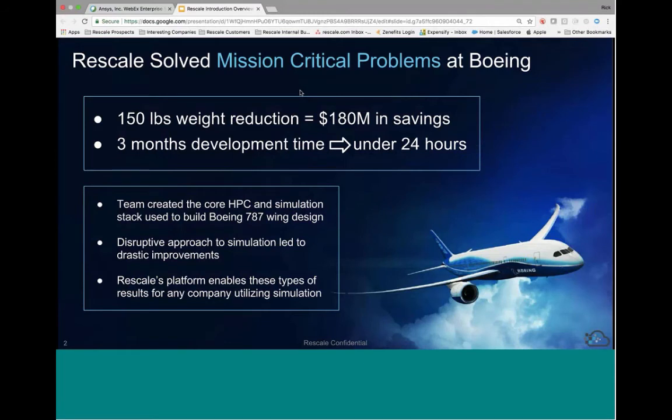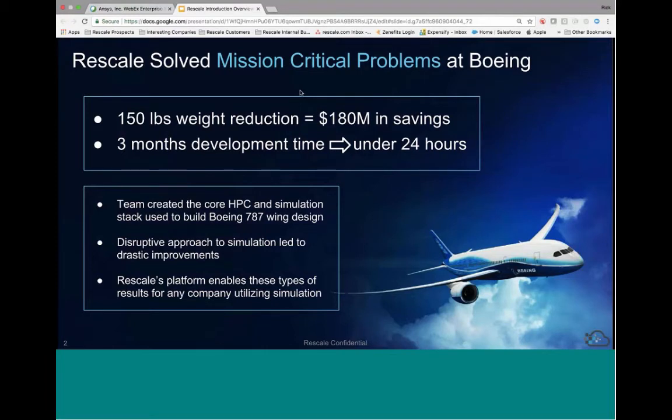Well, Rescale got started by solving some really big compute challenges. Our two founders, our CEO, Yoris Port, and our CTO, Adam McKenzie, ran a team at Boeing that was involved with the design of the 787 wing. Now, this was an industry first. It was an all-composite wing. So not only did they have new materials and new manufacturing processes, it was also the first time that Boeing went out and had a lot of suppliers in the supply chain providing these components for them, much like we do in the auto industry.